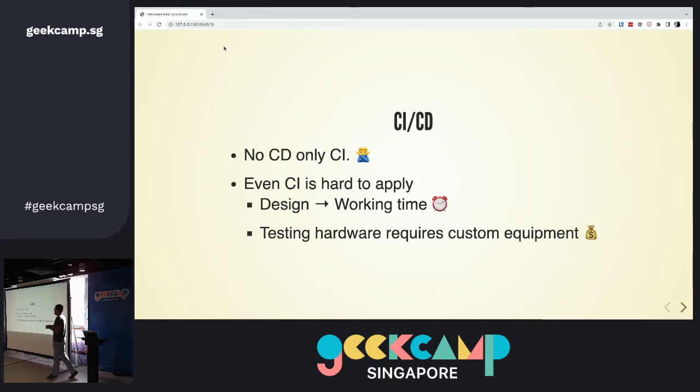The other problem is that testing hardware requires custom hardware and custom equipment. A lot of times these equipments are expensive, so usually you might only have one. A lot of times you might even need to make custom equipment just to test your hardware. And most of the time, these equipments don't have nice APIs. They're usually using some ancient interfaces, or even if they have some, there's no way for you to control them and say, do this, do that, and then get stuff out.